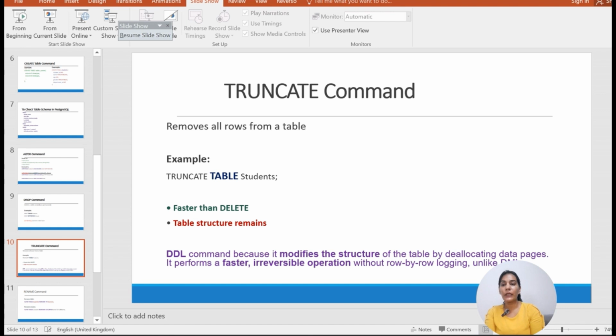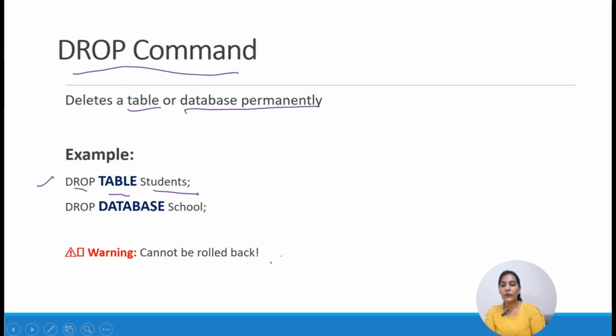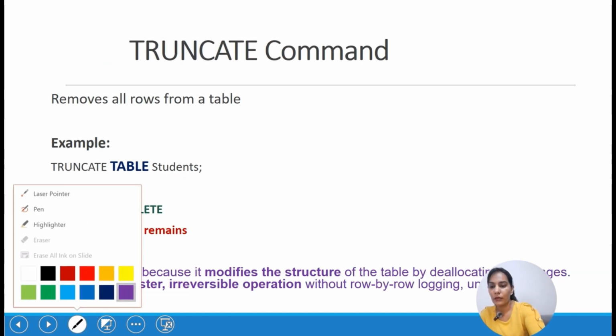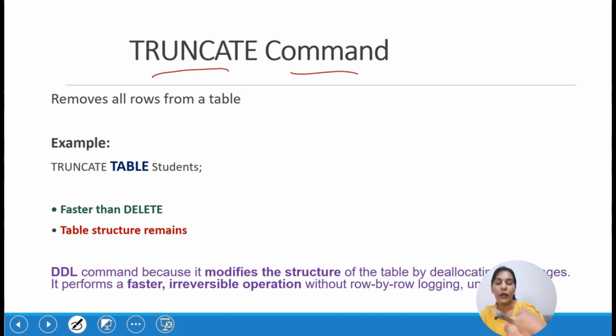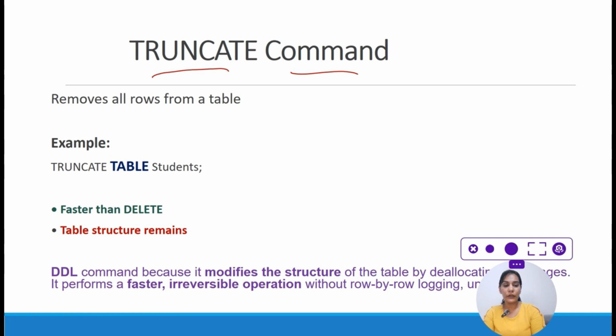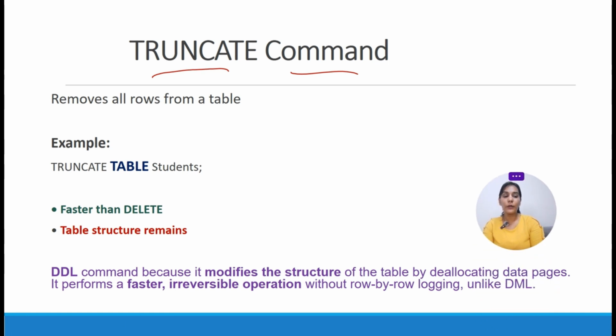There is one more command, the truncate command. One is drop, which permanently deletes. Then there is the truncate command. Now, for the truncate command, let's say in my database I stored 10 student records, and I want to delete them